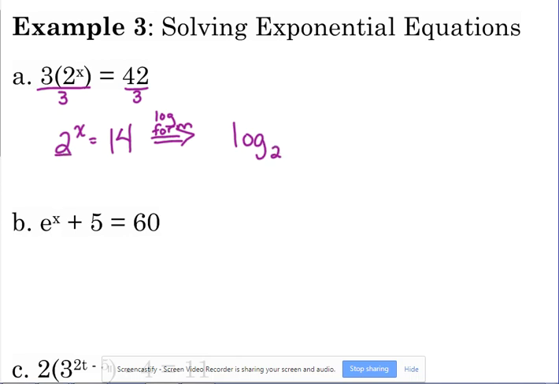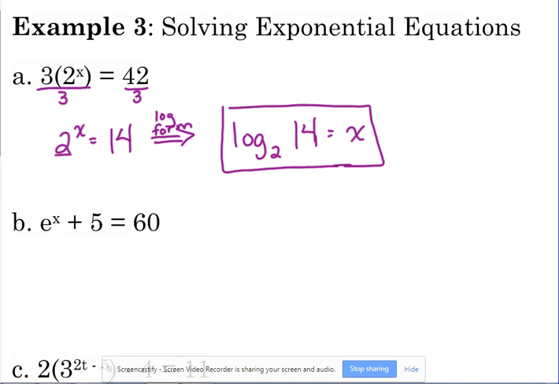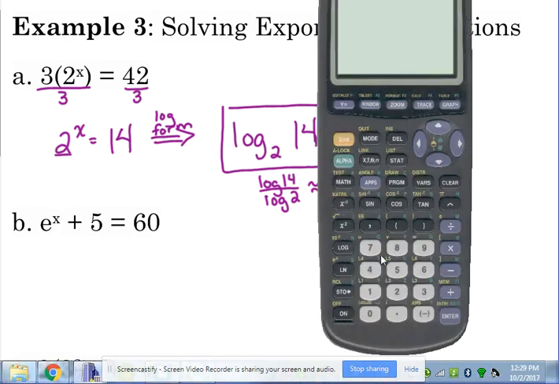The base of the exponential and the base of the logarithm always have the same base. And the 14 and the x kind of switch places here. So the 14 comes over here, and the x is on the other side. Now, this is the exact answer. Okay, this is the exact answer. If it asks for an approximate answer, you have to use change of base. You have to use log of 14 divided by log of 2 in your calculator to get that this is